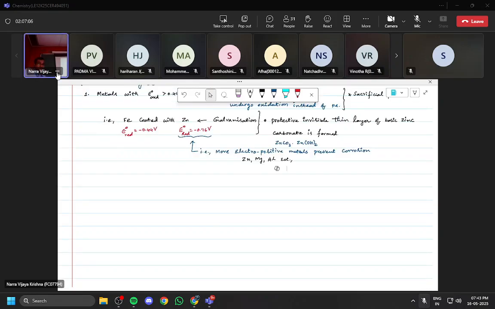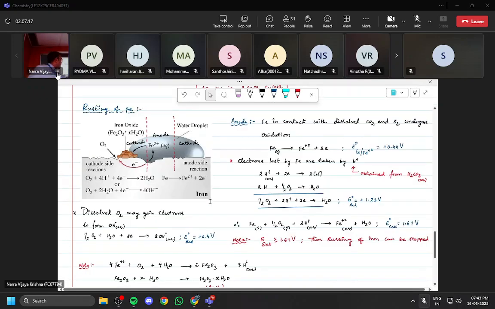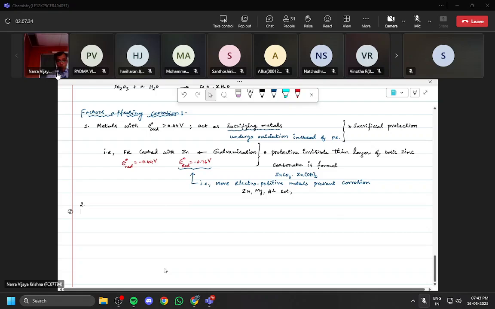Any questions in it? Now, second, if you have a water droplet on the surface of iron, then only rusting happens. If iron never comes in contact with water, meaning if you coat it with oil or grease or paint, then... So the second point: coating the iron surface, or coating the metal surface,